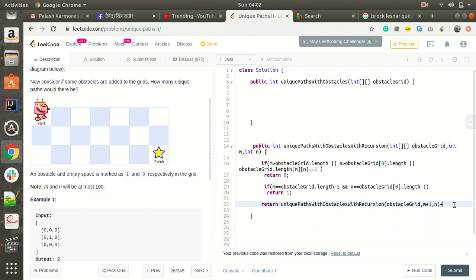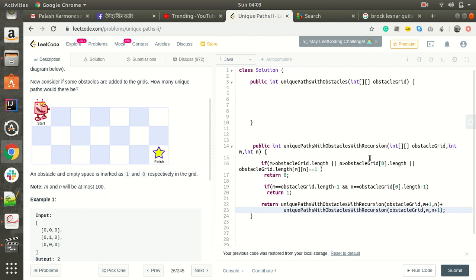Okay, plus if it is going downside, right? Sorry, this is m plus 1 and n, which means it is going downside, and m, n plus 1 means the robot was going right side. I said it in the reverse order.